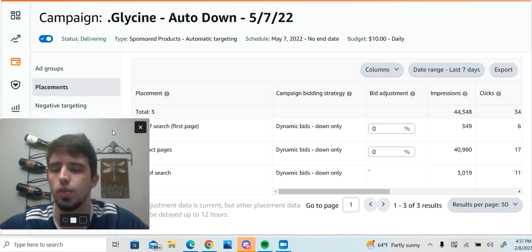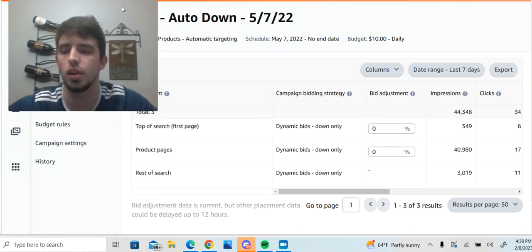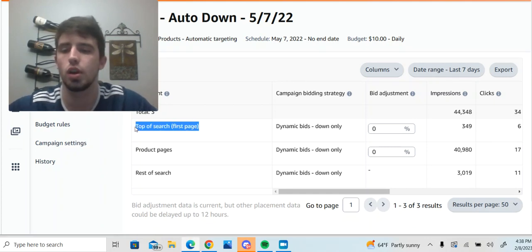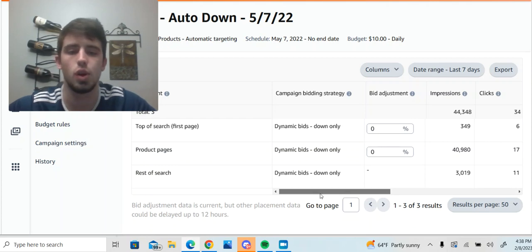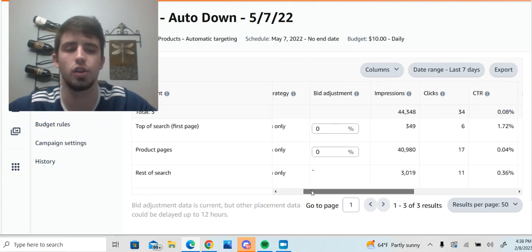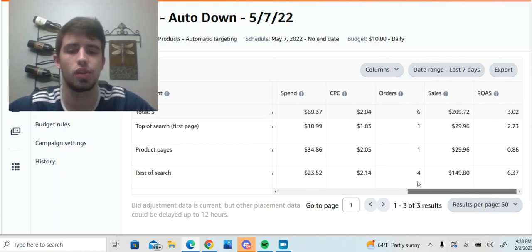See if I can move this real quick so you can see. Okay, so you have here top of search, product pages, and rest of search. If you go over here, you can actually adjust the bid on each different section. So for example, let's say